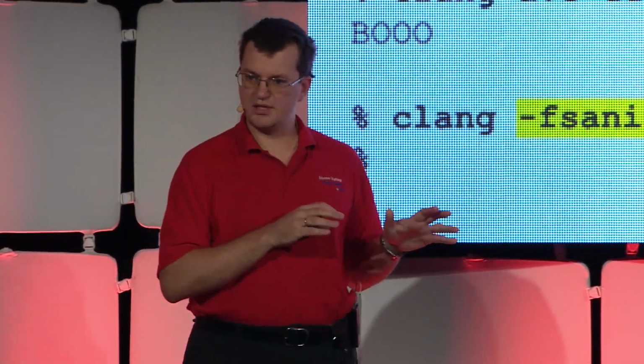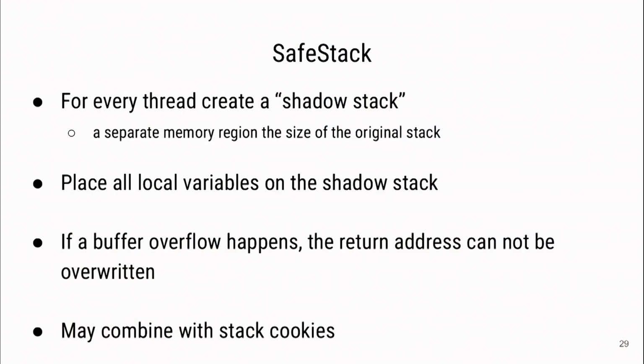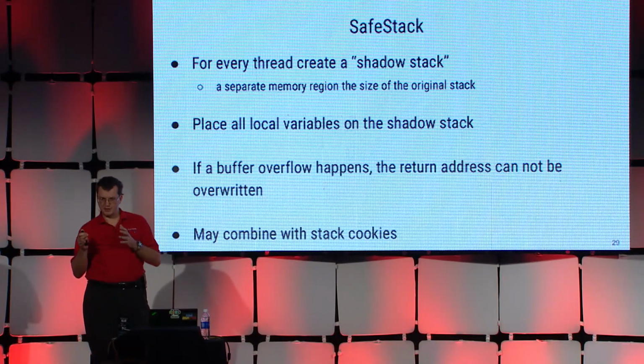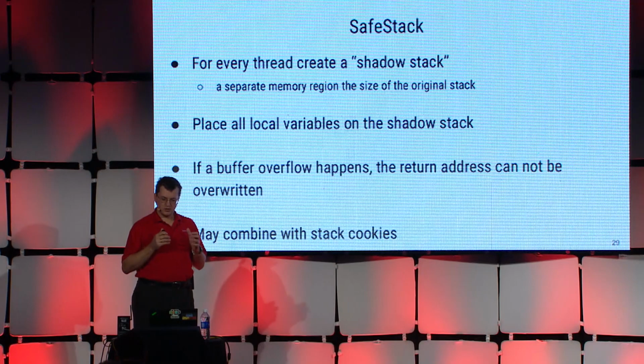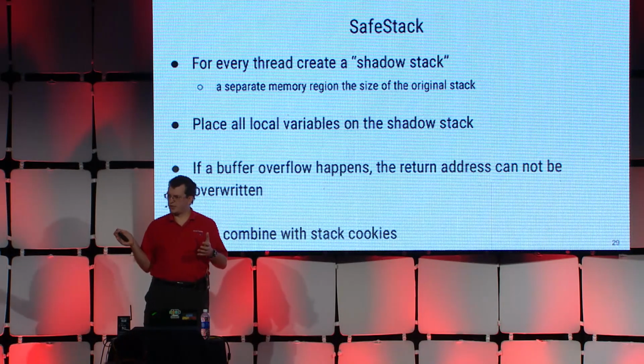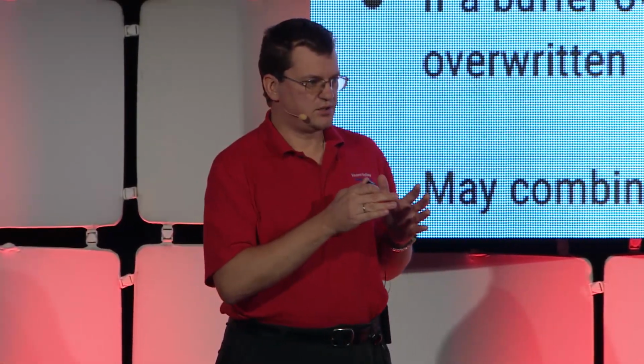So is it good or bad? It is better than allowing the bad guys to execute their code. We do not detect the bug, but we do not allow the exploit. How does this work? SafeStack uses a well-known concept of shadow stack, which is a separate memory region of the same size as the original stack of every thread. At compile time, we place all local variables that are potential targets for buffer overflows on this shadow stack. And if a buffer overflow happens, some data is corrupt somewhere, but there is no chance the return address will be affected.